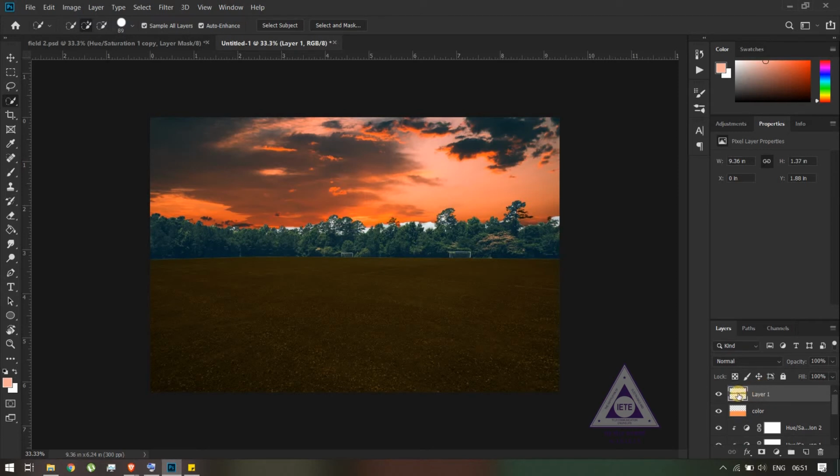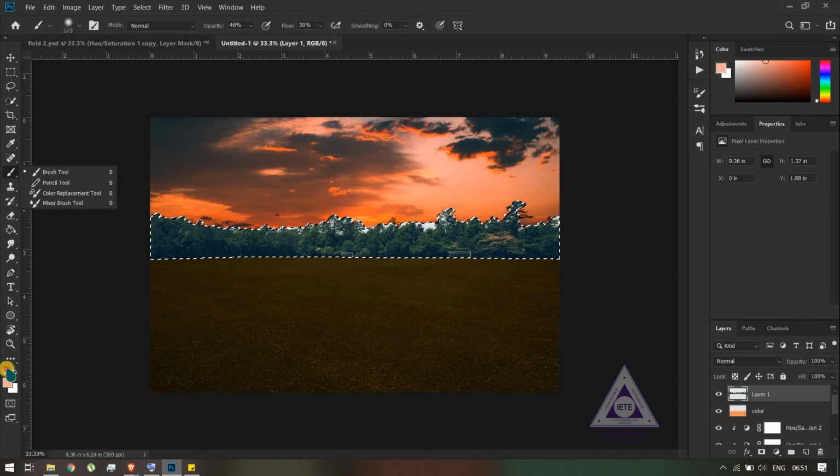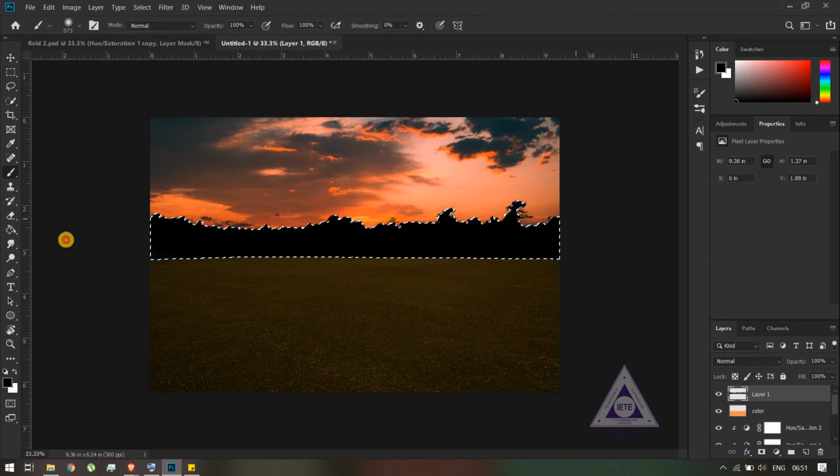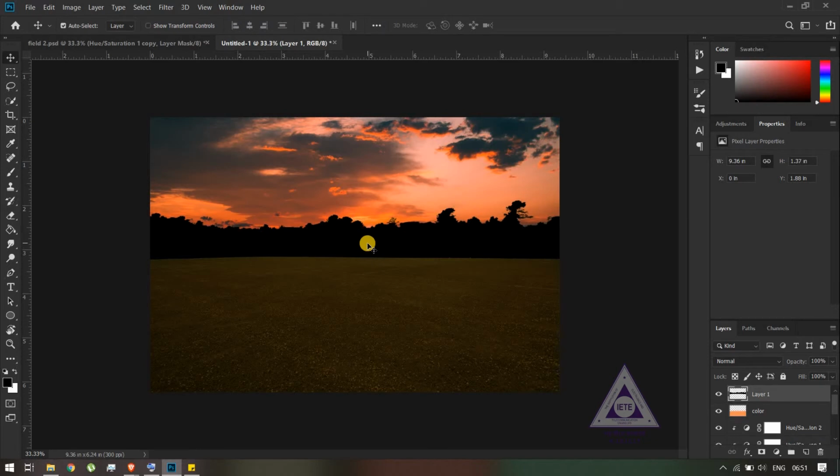And now using the Control button and clicking on this layer, I'll be selecting the layer itself. And now using the brush tool, I'll be giving it a black color. So yeah, now that we have it black in color, you can deselect this layer by pressing Ctrl D. And now what we'll be doing is transforming this layer. So by selecting the layer of the shadow, let's just name it, and pressing Ctrl T, you'll be able to transform it.